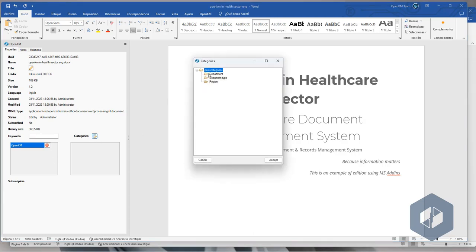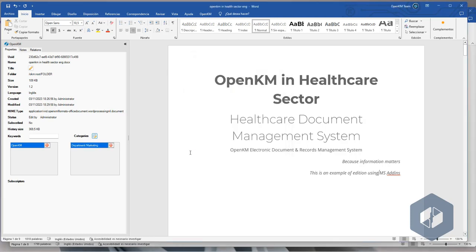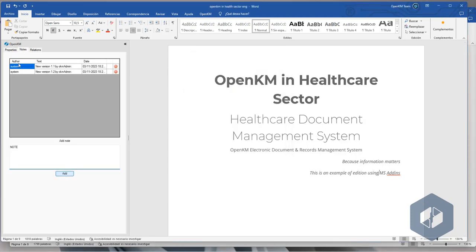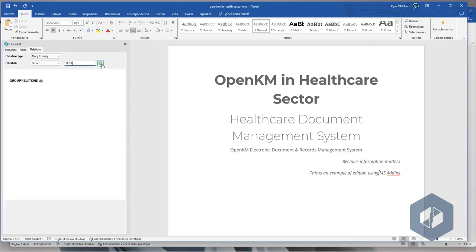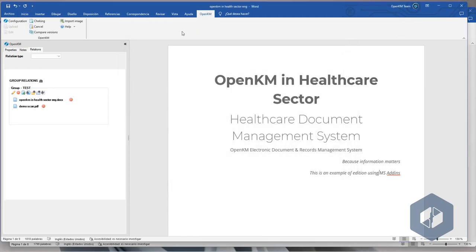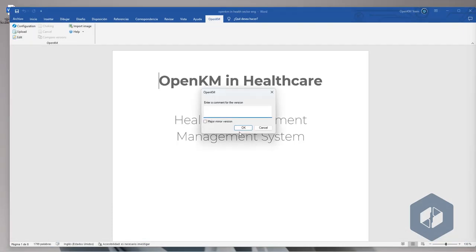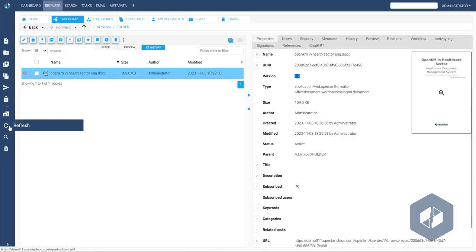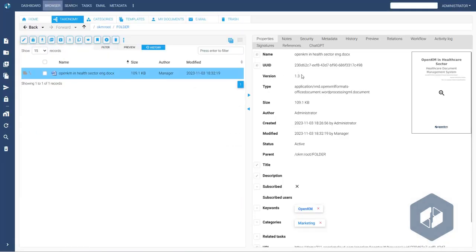As you can see, we have access to more functionalities of the document management software. We can add keywords, assign categories, notes, relationships, etc. When we finish editing, we click on the Check-in button. We confirm that we want to save this version. We can add a comment and even more information to the document. If we go back to OpenKM, we can check that the new version of the file with keywords, categories, notes